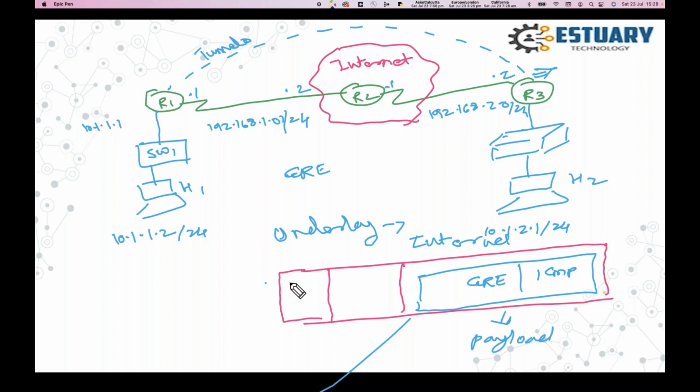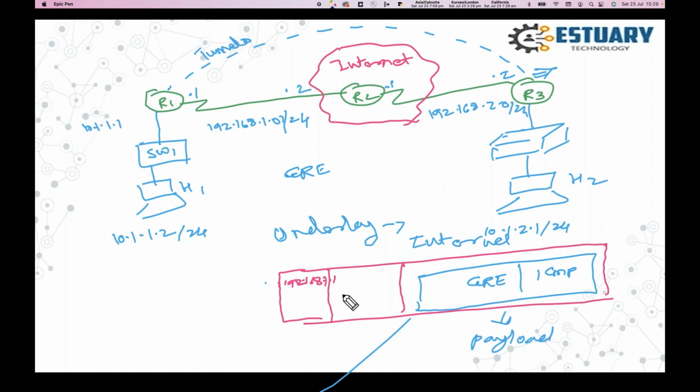what will be my source IP address here? Can anybody explain this? It's 192, sorry, it's 192.168.1.1.